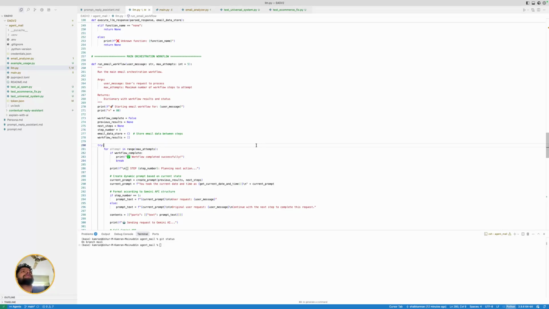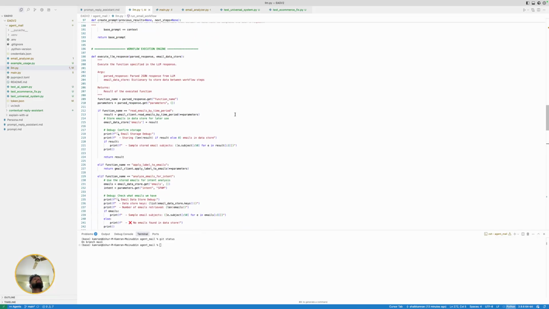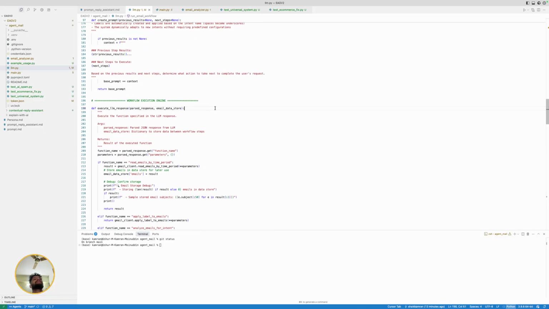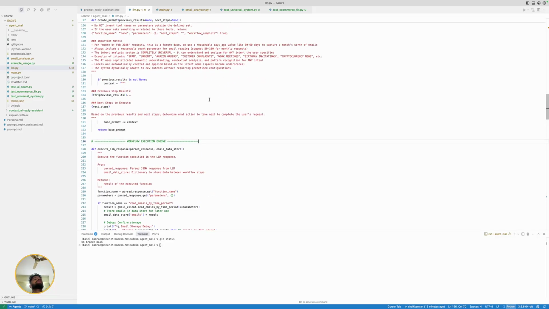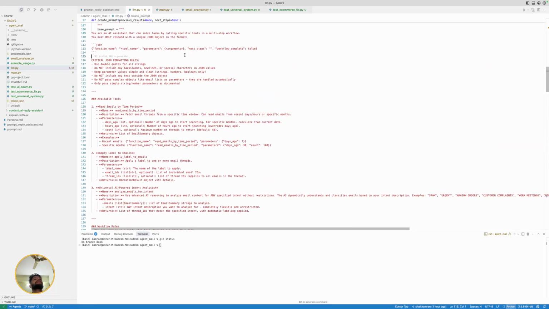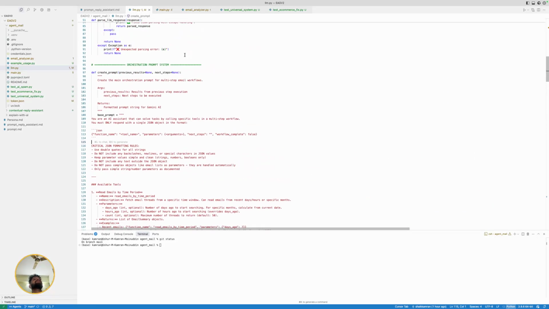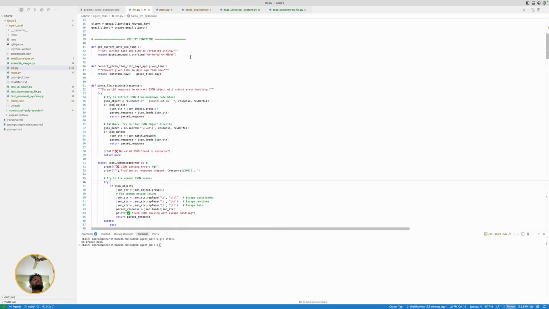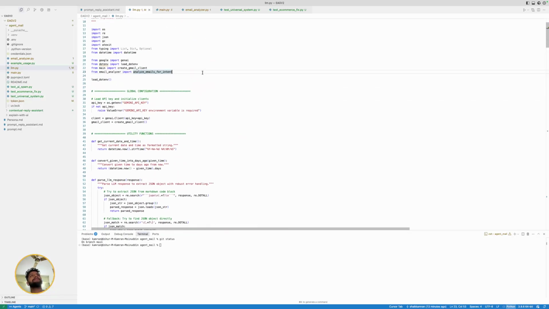In this particular demo, I'm demonstrating how a very simple agent can be created within probably a couple of hours from scratch without using any external library. So what we have done here is try to create a mail agent to basically, let's say if you want to